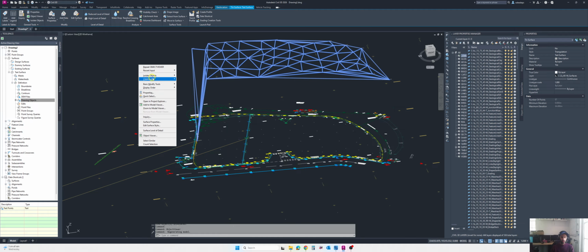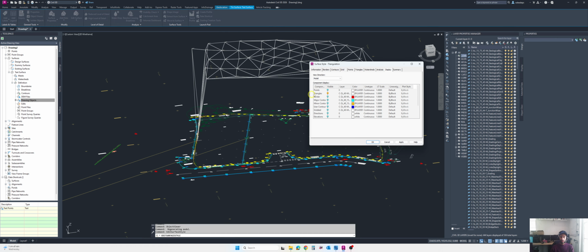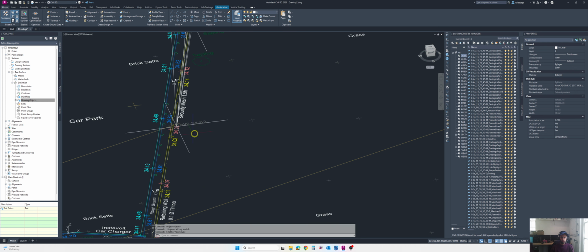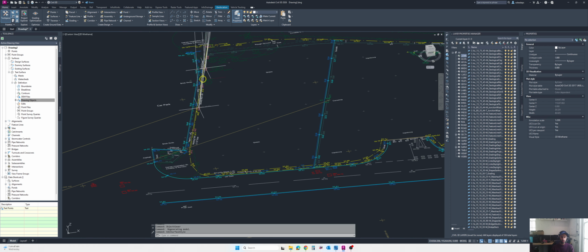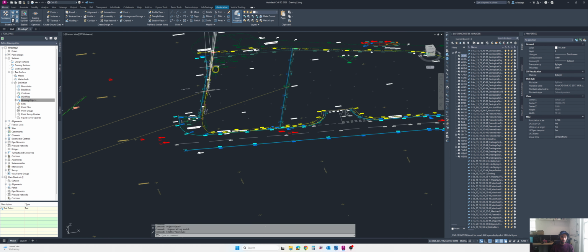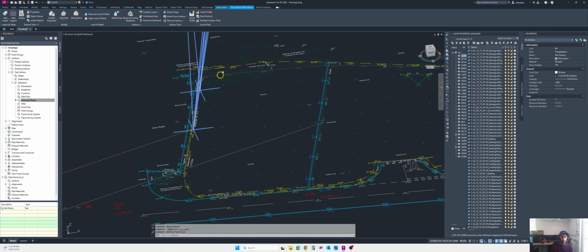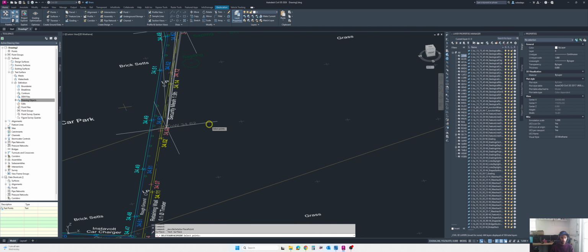right click and do the surface properties, edit surface style, and select the points, turn on. You can see the points are on, and I can see the point labels are on this one as well. So we don't want these points. Again, I will select my surface and zoom in to those points, and from the ribbon I will just delete point. I don't want this point and this point,